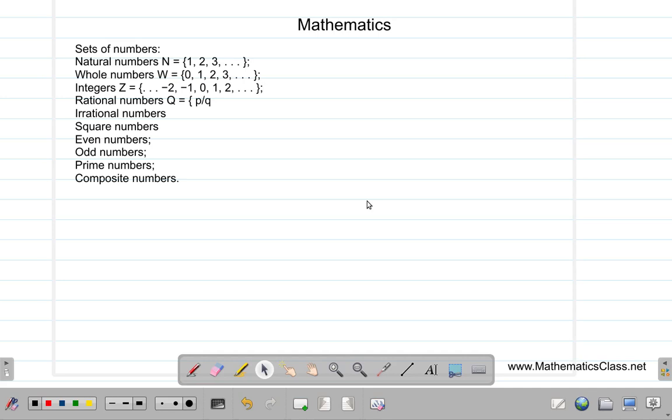We're going to start looking at the sets of numbers. Natural number, whole number, integers, rational number, irrational number, square number, even number, odd number, prime numbers, composite numbers. So, let's go here. Alright. Sets of numbers,